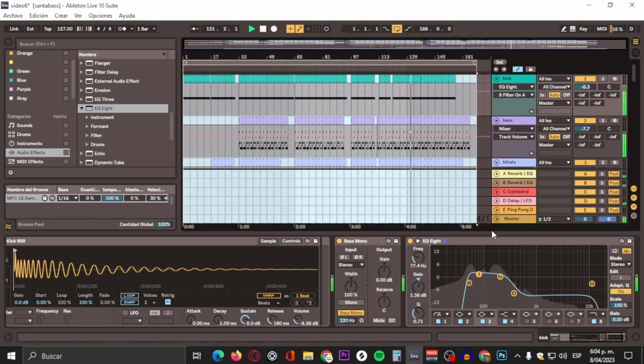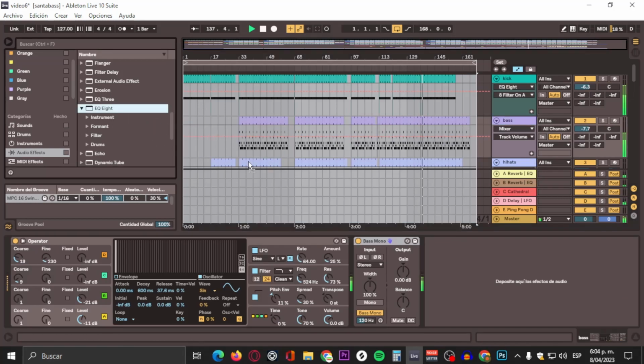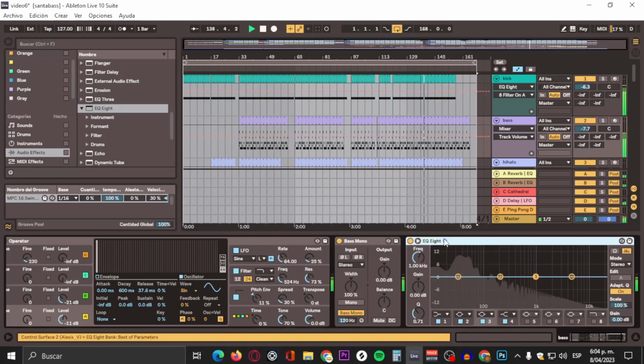Okay, now I have my kick, and I decided that my kick will be the lowest. If you want, you can decide it for the bass drum. I will do it this other way around. But the bass drum, the bass line. So what we're gonna do with the bass line is we're gonna put an EQ,